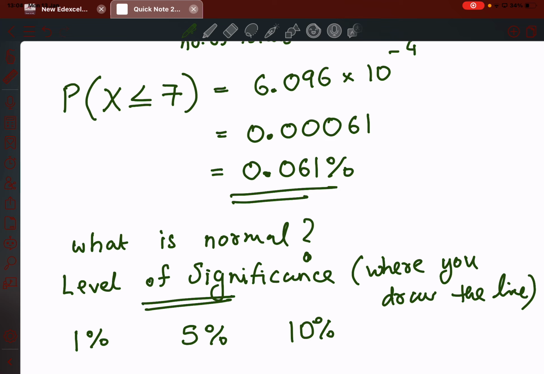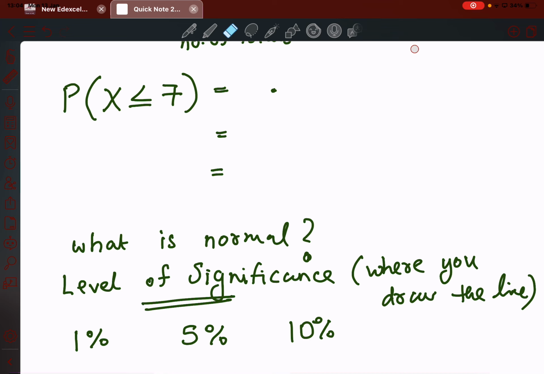Okay? So depending on the question and depending on what you want to choose, you can choose whatever percentage as normal. Most of the time, we take 5% level of significance, which means, let's say we did the math here, and at the end, we got the answer as